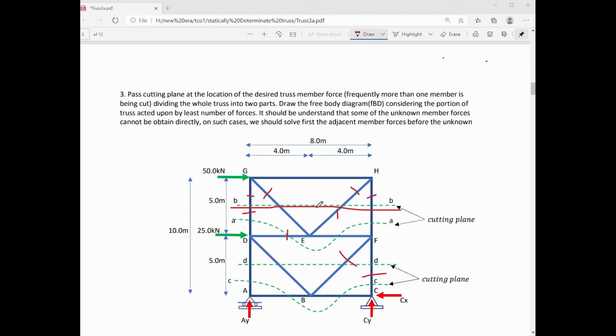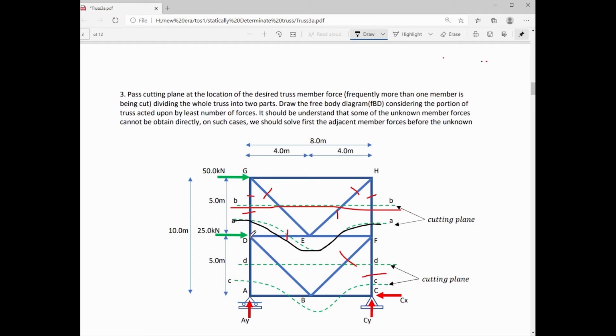We should understand that some of the member forces cannot be obtained directly in such cases. We should first solve the adjacent member forces before we can solve for the unknown member forces. For this kind of problem, the technique is to pass another cutting plane. So here's the cutting plane, wherein we can use the upper portion of this cutting plane as free body